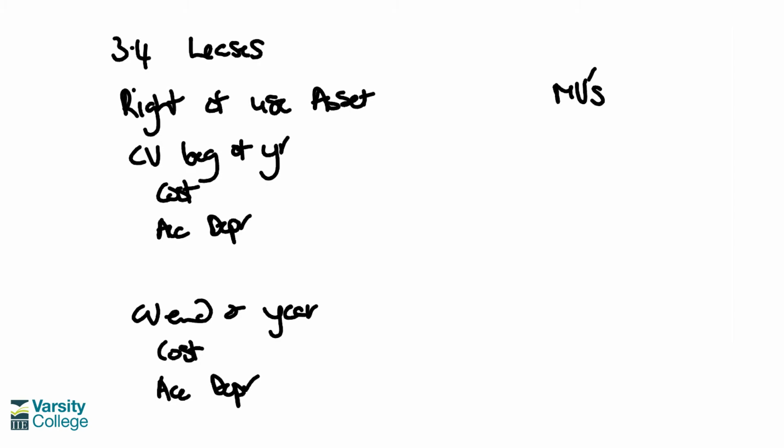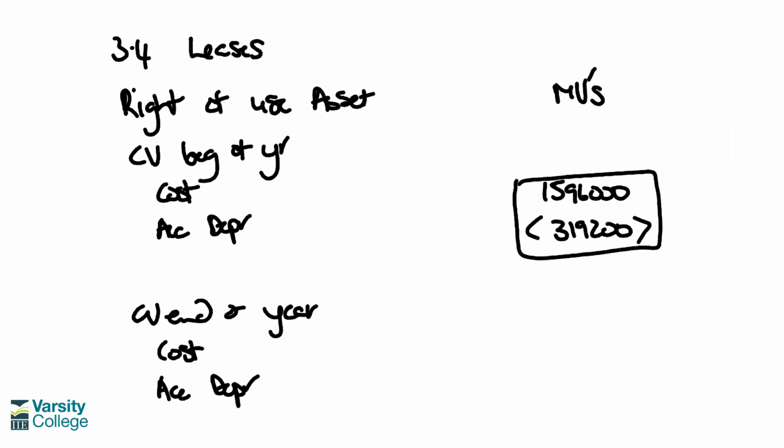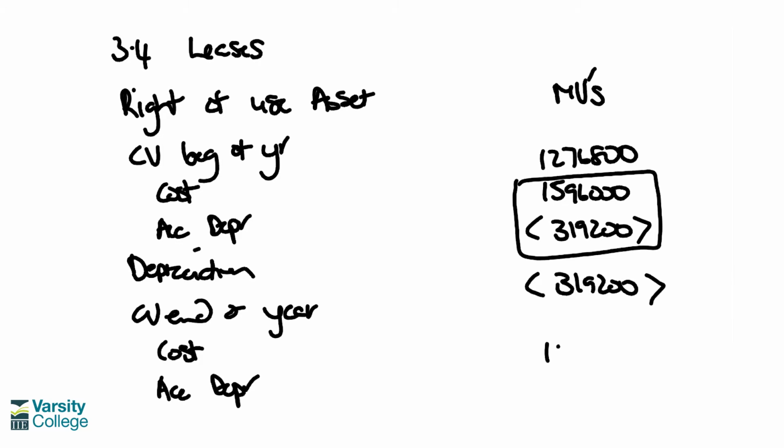Right, so let's pop the figures in. 1,596,000 was the original cost, and the opening accumulated depreciation 319,200, so giving us an opening carrying value of 1,276,800. Then current year movement was depreciation, which you calculated in part 1 of the question. So just pull your figure through, 319,200, and therefore closing figures